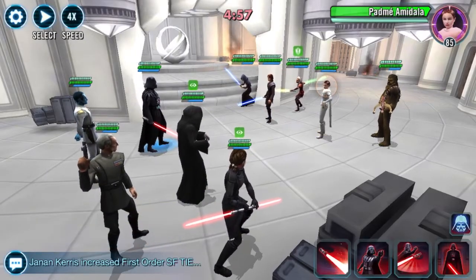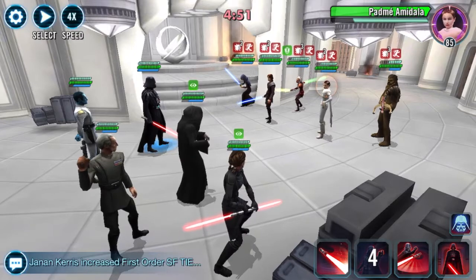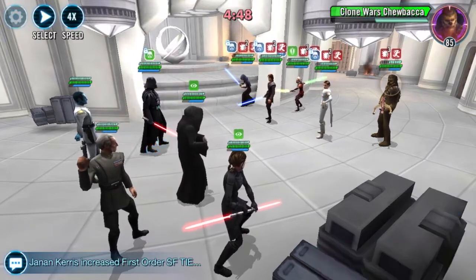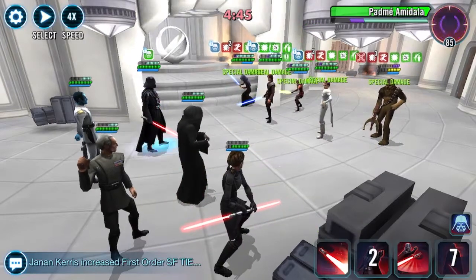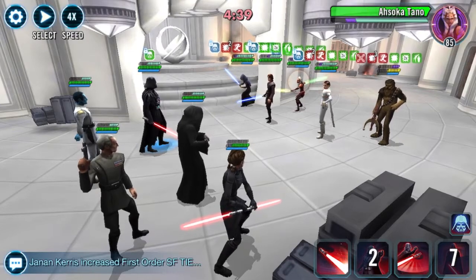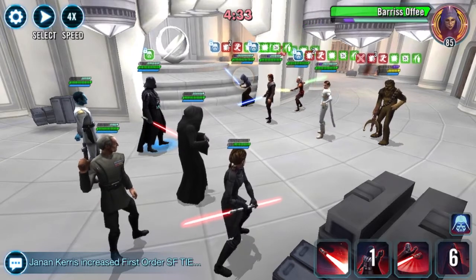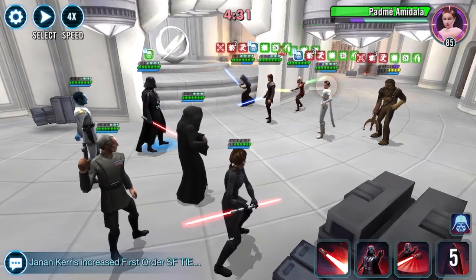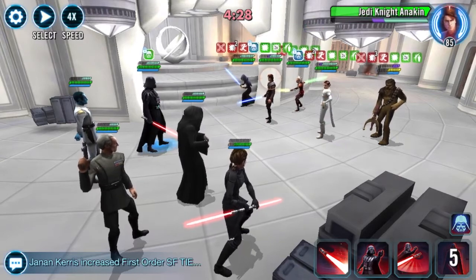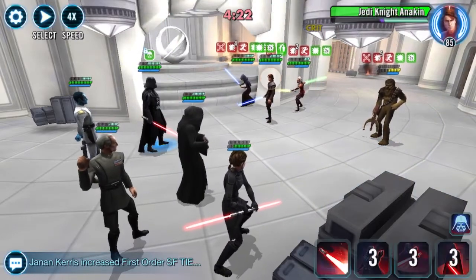Okay, we'll start with the Force Crush. And now we'll go Merciless. That's really frustrating that he interrupts the Merciless. Really frustrating. And let's see if we can get rid of Padme. Excellent. I kind of wanted to do that to Anakin, but he didn't have any debuffs, so...